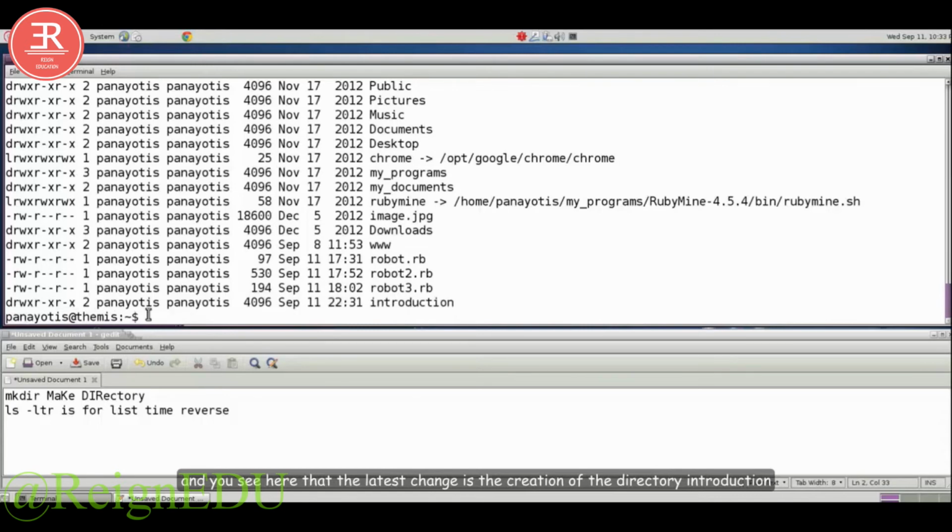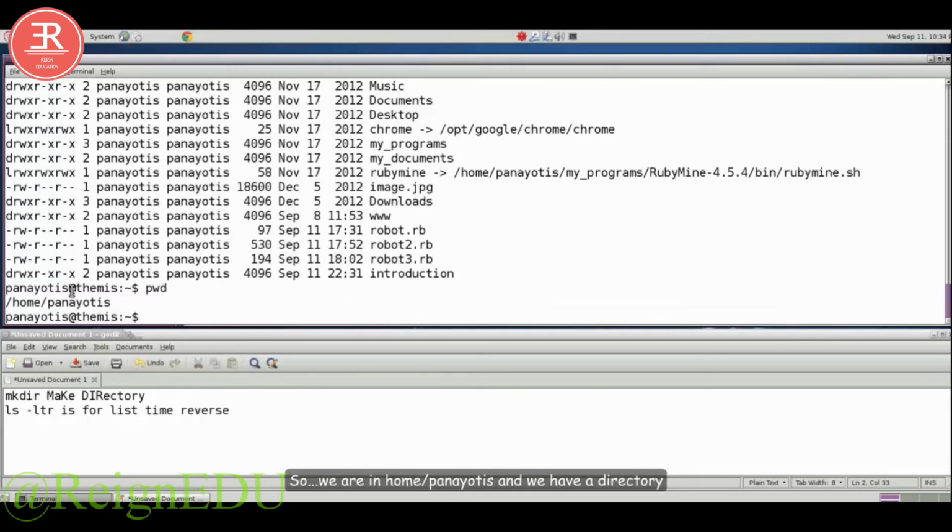This indicates that we're talking about a directory. So we are in home Panayotis, and we have a directory inside home Panayotis which has the name introduction. What if we